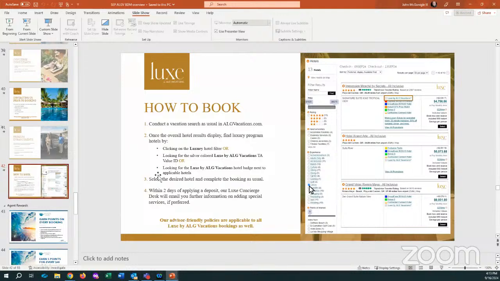Typically, when you're searching in VAX, you'll see all this little Lux and gold branding across from the hotel. Impressions Moxche by Secrets, or the Hotel Xcaret is one of them. So it's not just HIC product. It is all product that we've either vetted ourselves or, as I said, follow along the guidelines of the higher quality hotels like the Grand Vilas here.